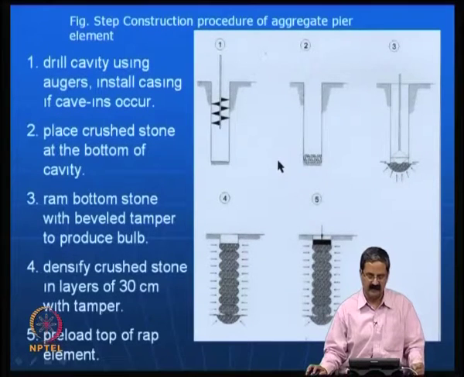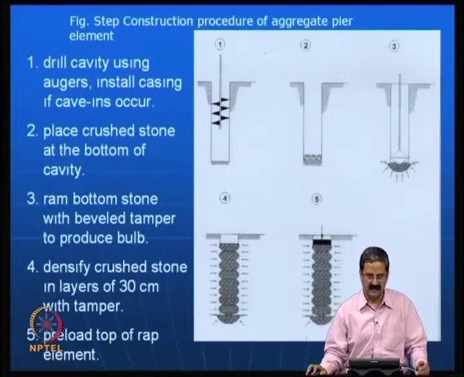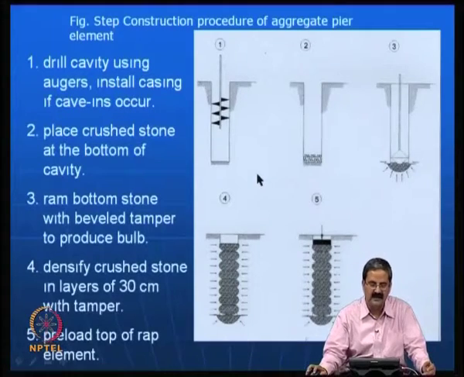You should be very careful in doing some of these operations, and in design also, like proper length, spacing and depth. The depth depends on the significant zone of influence, and for spacing and the other variables, one can do a parametric study. It is called an aggregate pier, and it is quite simple.